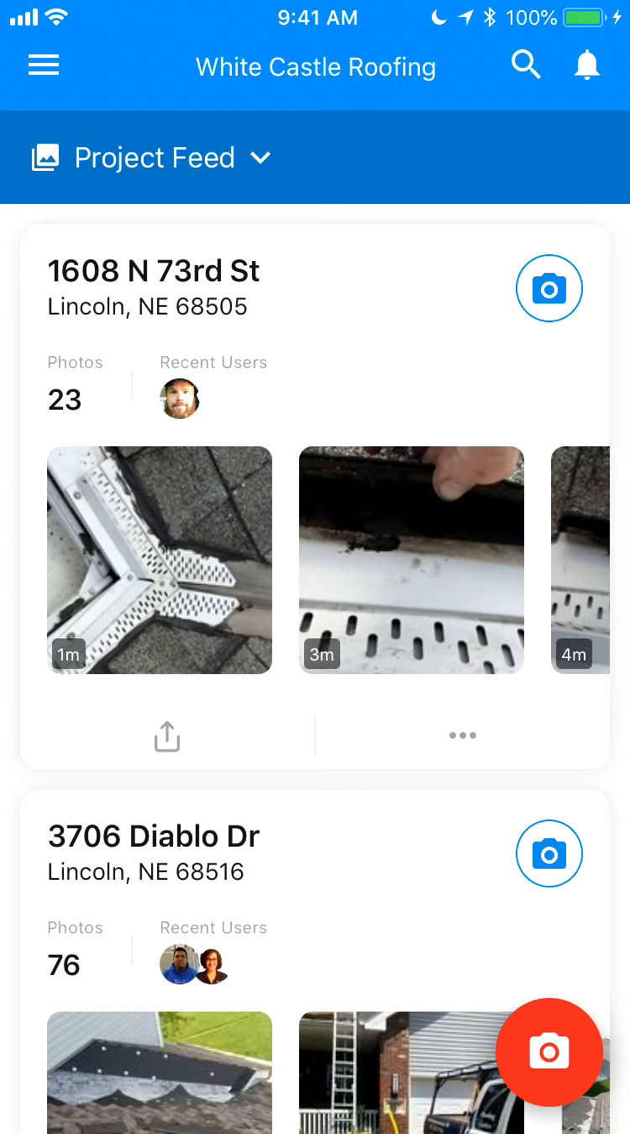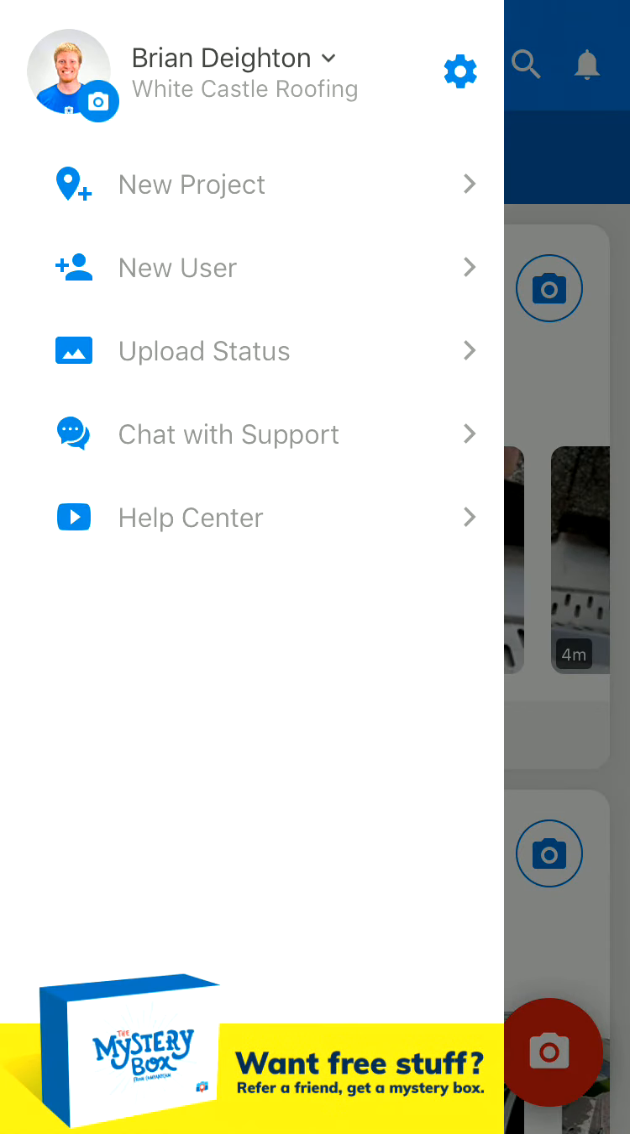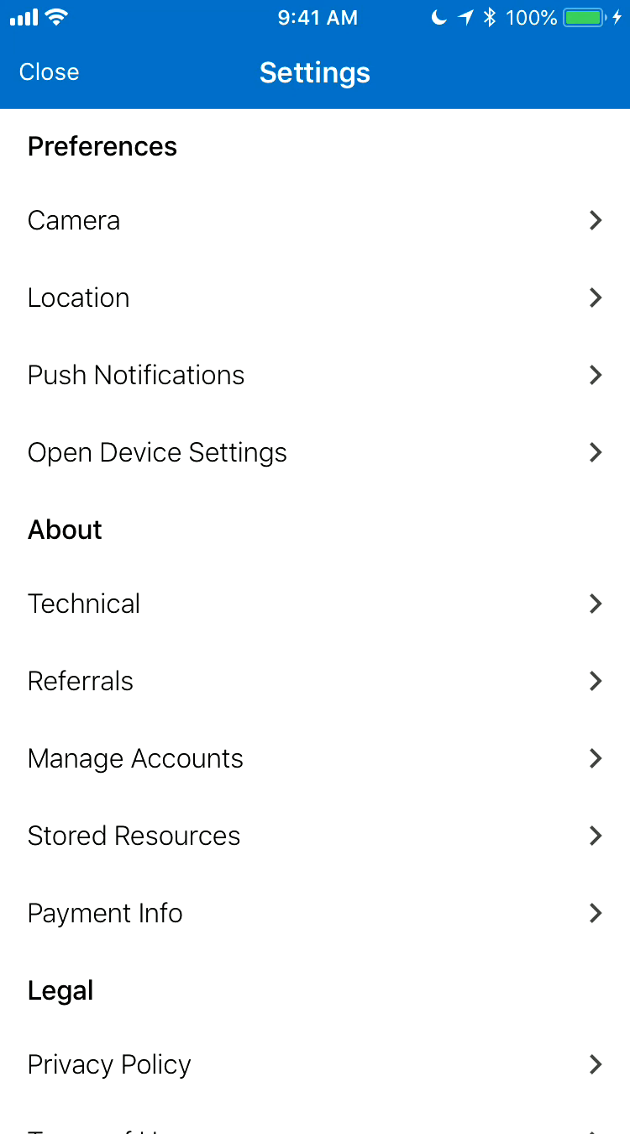Like I said, up here at the top, you're seeing the White Castle Roofing feed. And what I'm going to do is click on these three buttons here, and there's a bunch of different options that you can do within this menu. Now, if you want to change your photo, you can set that up. If you're confused on what to do or you need to change some settings, anytime you see a gear, whether it's here or on the camera screen, that's where your camera settings are going to be. A lot of different settings that you can set up. There's different things that are controlling your account. You can set the push notifications, all sorts of different things that you can set right here in